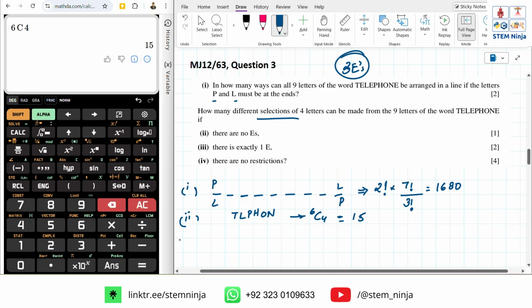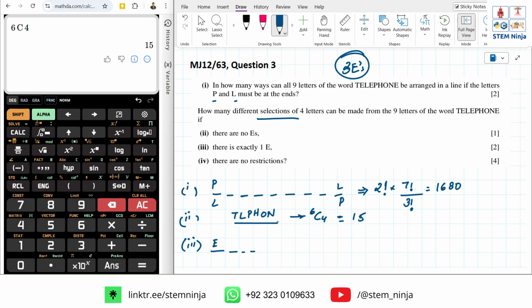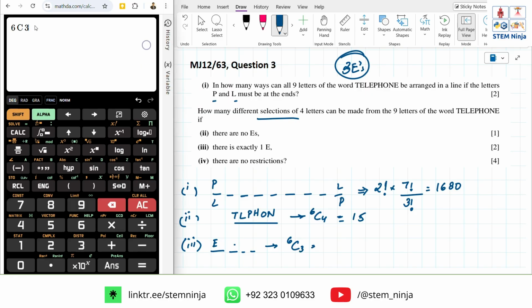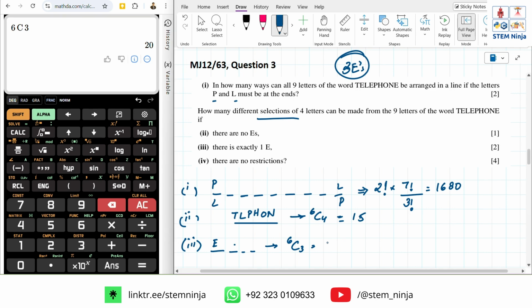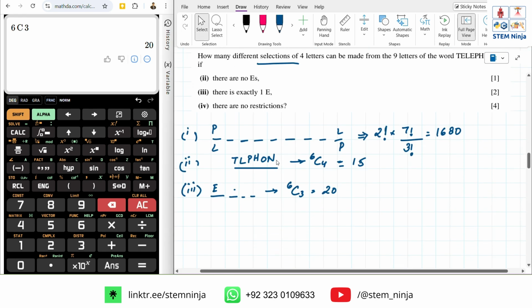If there is exactly one E, okay. So there is exactly one E already selected, but for the rest of the 3, you are selecting from T, L, P, H, O, N. So that means 6C3. So this would be 20. And if there are no restrictions, okay, so if there are no restrictions, there are going to be multiple